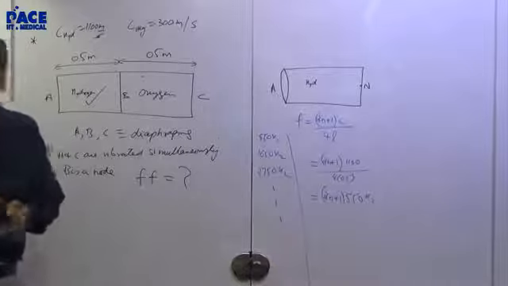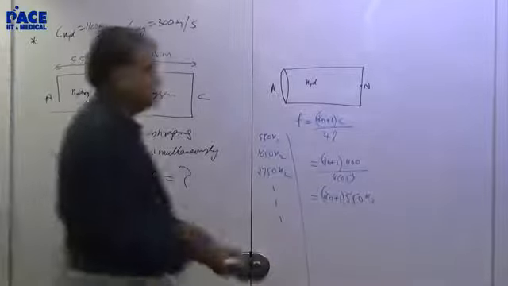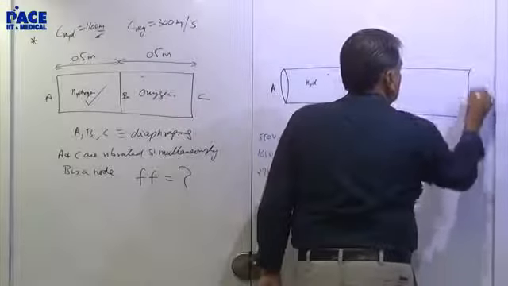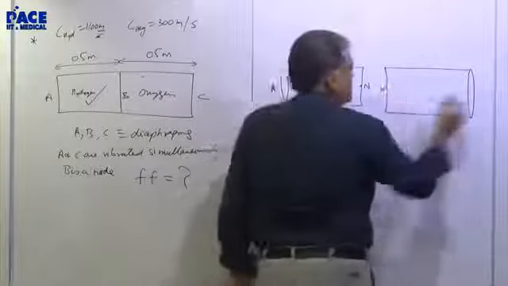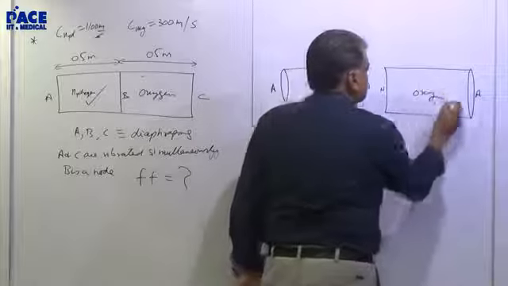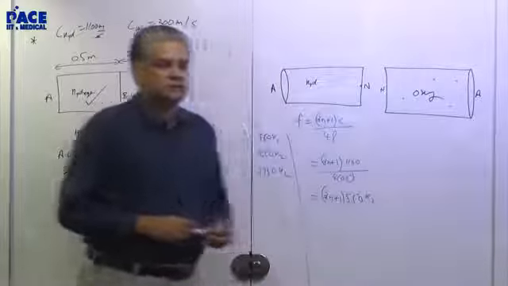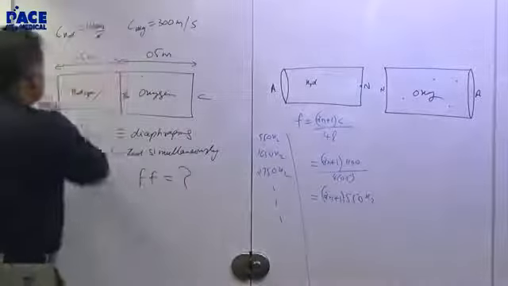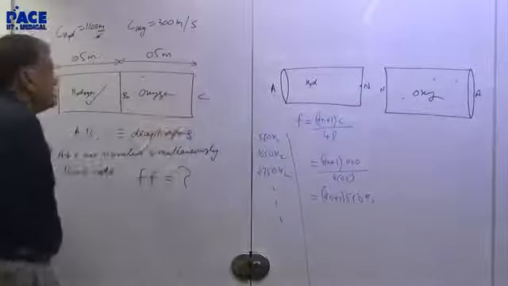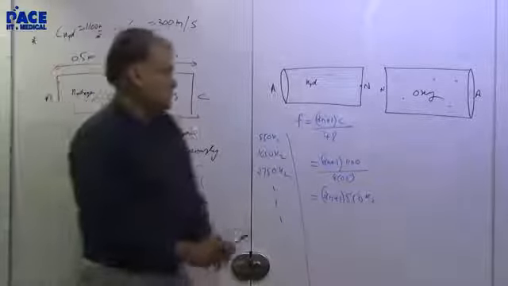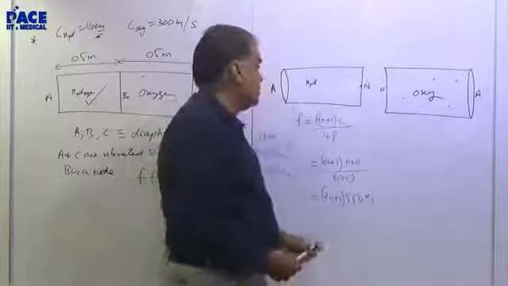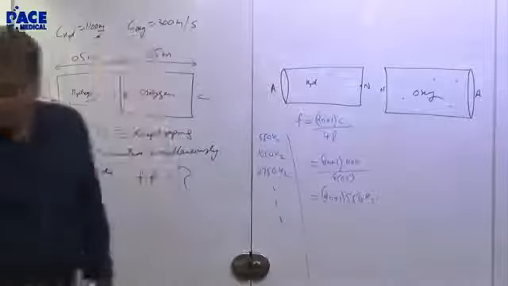Do a similar analysis for oxygen. Oxygen also we can think of it as, once the stationary wave is set up, it behaves like a closed pipe. The oxygen does not know what happens to hydrogen and vice versa. Initially, when you hit it, the wave goes here and the wave goes there, but once the stationary wave is established, it's as if they are two different things. But for the oxygen, same analysis.